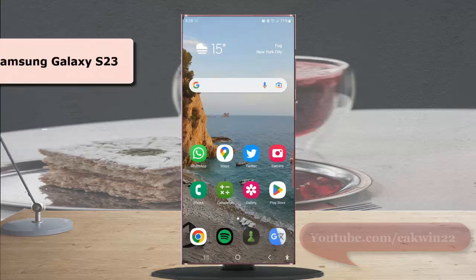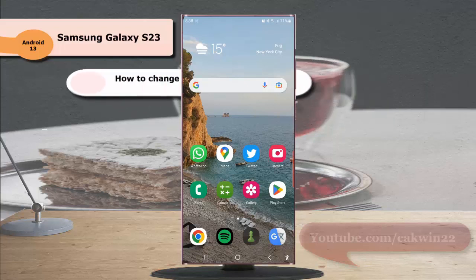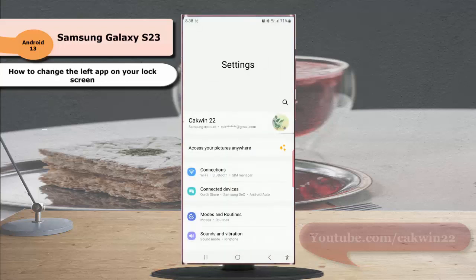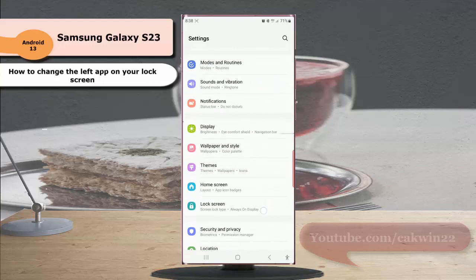To change the left app on your lock screen in Samsung Galaxy S23 Ultra, swipe down the top of the screen and then tap the settings icon. Scroll down the screen to find lock screen. Tap lock screen